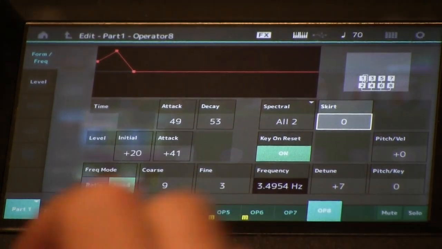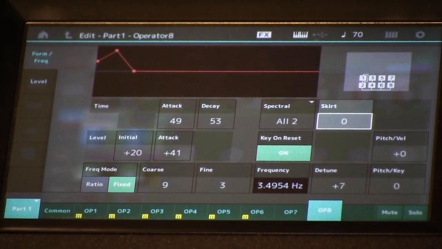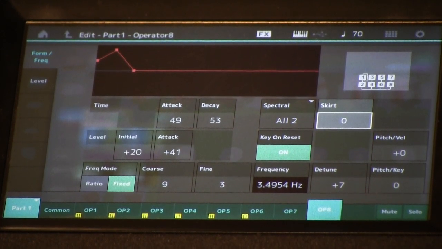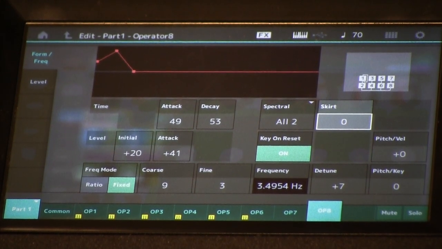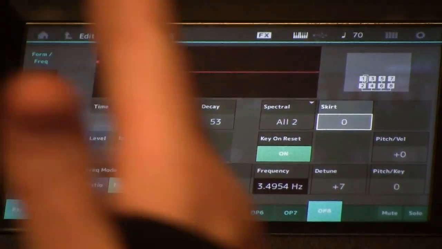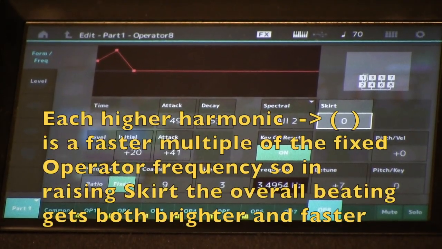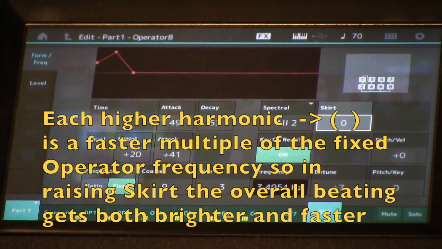But the thing that's happening with the skirt, as well as increasing the harmonics in the total sound, is that each one of those harmonics will cause our beating effect of the sine wave of the modulator passing through it. And as we raise the skirt, we add more and more of those, that add more beating opportunities, you could say, through it. So as we bring this in gradually,